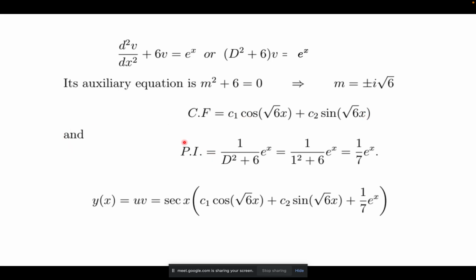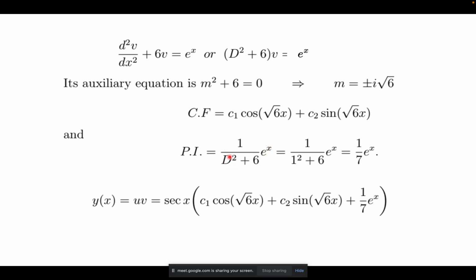So the particular integral, as stated in the second week, is just the right-hand side function divided by the function of D. Here the function of D is D square plus 6. So you have the particular integral equal to e power x upon D square plus 6. And as you have learned earlier,